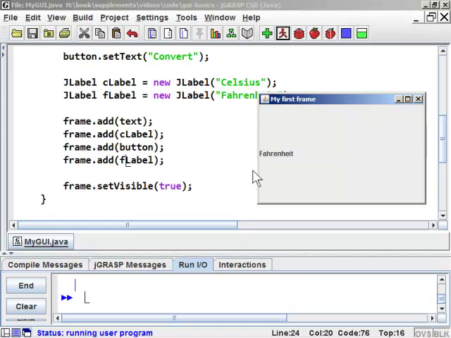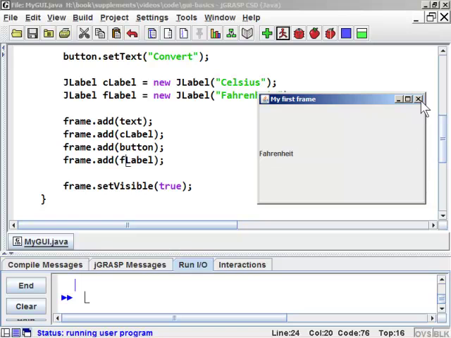That's because Java is giving all four of them the entire frame of space to work with. And so we haven't told the frame how to position these things in a more sensible way. And to really learn how that's done, we're going to have to do a later video about layout management. And so we're not going to be able to cover that fully in this video, but the really quick answer is you have to tell the frame what kind of layout strategy you want it to use